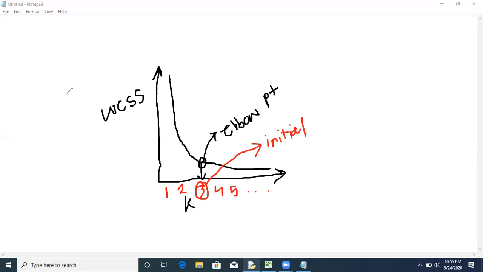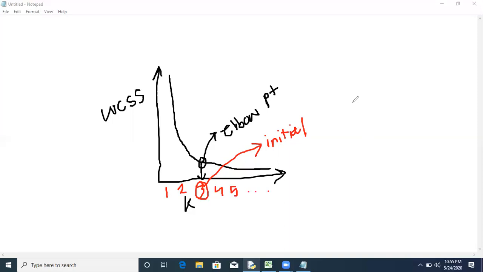Initially WCSS will remain more, and then it will decrease depending on the value of K. Here the initial value of K is taken as 3 in this example. In some other example, you may get this K value as 5 also, 10 also, depending on your data. This is how we find the initial number of clusters.